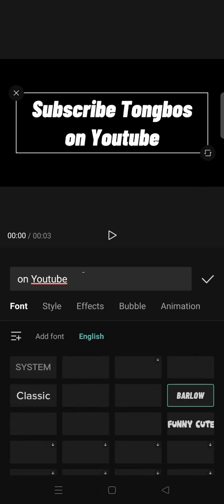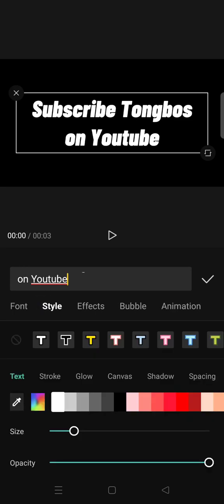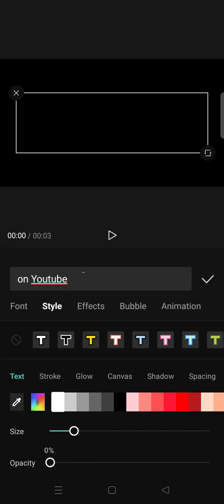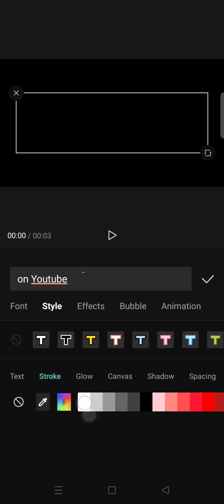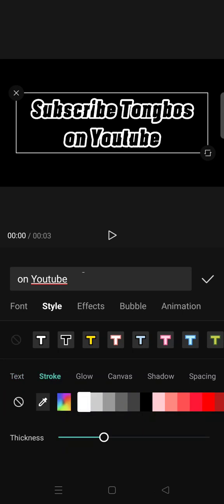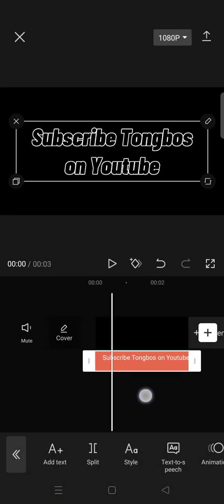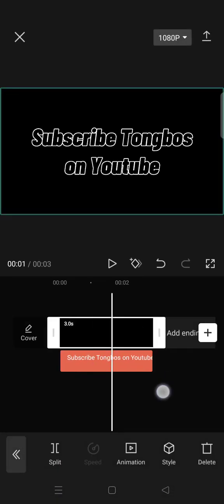Okay, for example, like this, and then just go to style and lower the opacity to 0 like this, and go to stroke, then select the white color, and after that set the thickness based on your liking. Okay, and just click on the check icon and now set the duration of the text